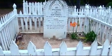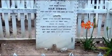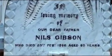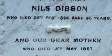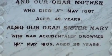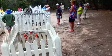And they decided that Mum hadn't been seen for a number of hours, so they started looking for her. It took them 2 days to find her, and she was 700 metres down the telegraph pole line, and she had her throat cut from ear to ear. Now, for the people that had a look inside very quickly, and Elizabeth